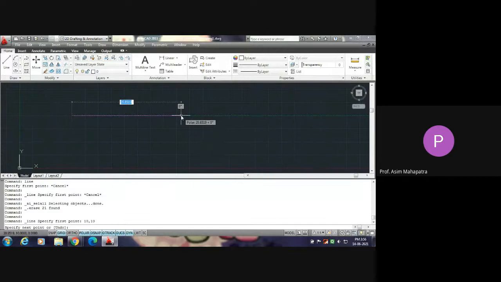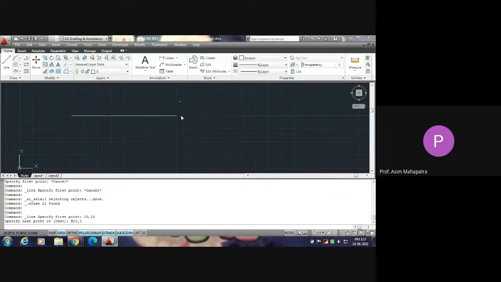Suppose my next point is 20, 0 from the first point. Say 20, 0, enter. You see, the next point has been taken as 20, 0 from the first point.